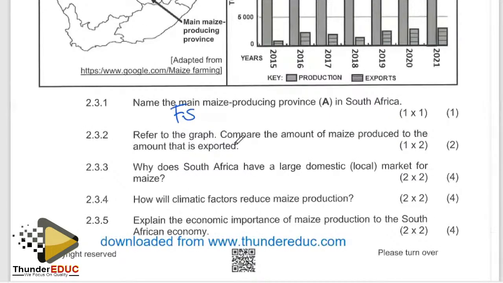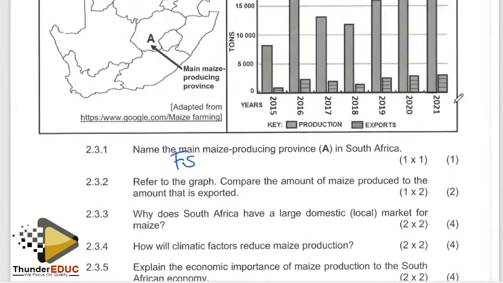Okay, refer to the graph and compare the amount. Compare, it can be a difference, it can be a similarity, since it's compared. So when we compare, I will give a similarity, and here we shall see that the graph is small. When it increases, the graph goes up. When it reduces, both graphs are fluctuating. So there is fluctuation